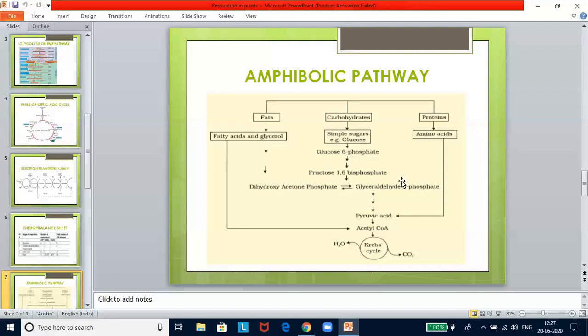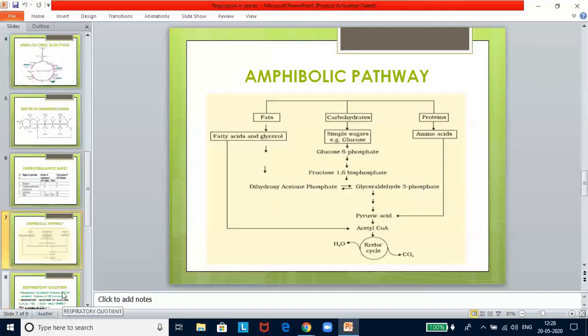The breaking down process within the organism, as I said, is catabolism and synthesis is anabolism. Because the respiratory pathway is involved in both anabolism and catabolism, it would be better to consider the respiratory pathway as an amphibolic pathway. So this diagram is very important. They might give you options A, B, C, D, and ask you to identify what compound is being produced. They might ask how fats are entering and how they are getting converted, and how amino acids will be entering into the cycle. So this diagram is very important. So learn this diagram also.